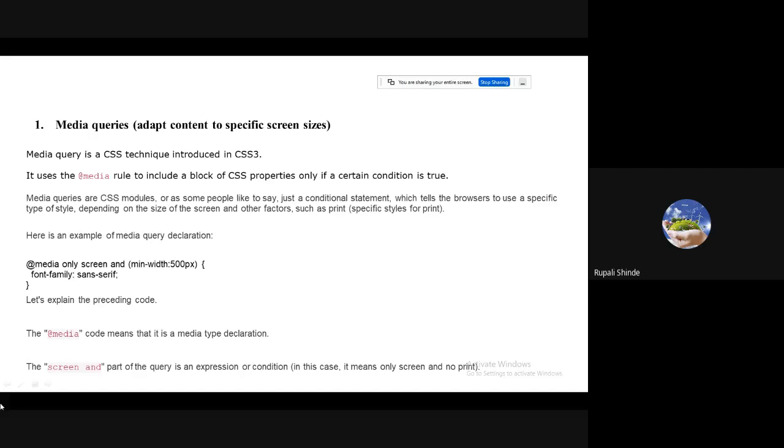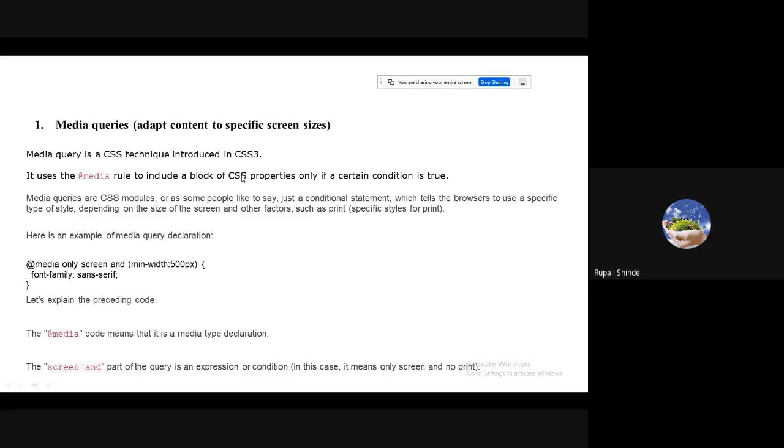The important sentence here is that it will include a block of CSS properties only if a certain condition is true. That means if that particular condition is true, accordingly those properties will be applicable on the screen.